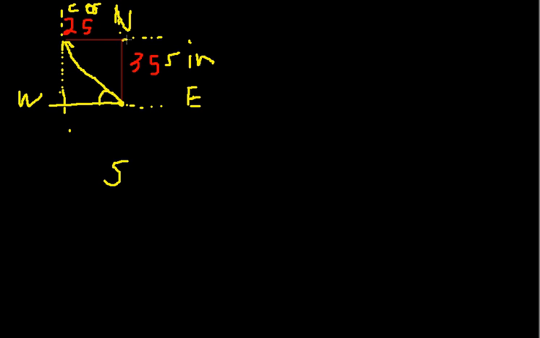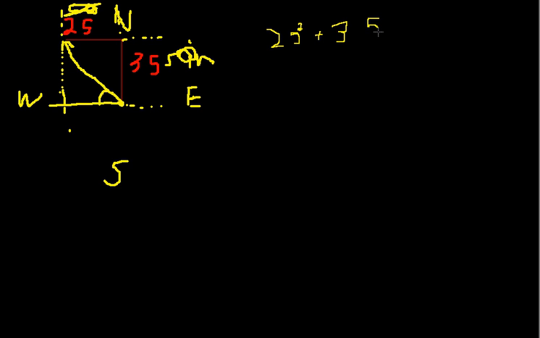But in this problem, we actually don't need cosine or sine, and you'll see why in a second. Because basically all we really need to do is use the Pythagorean theorem. Square this, square that, add them together, and then take the square root. That part, hopefully you understand. It's just figuring out the length of this side of the triangle. So 25 squared plus